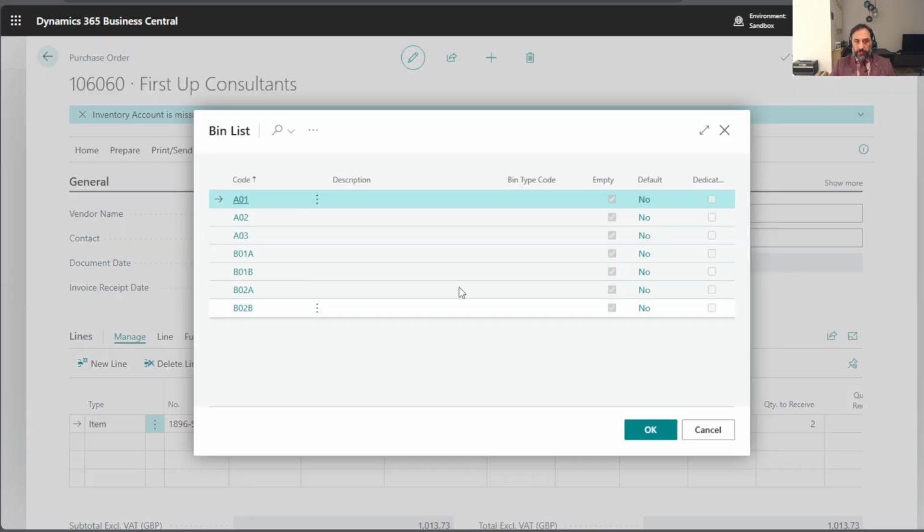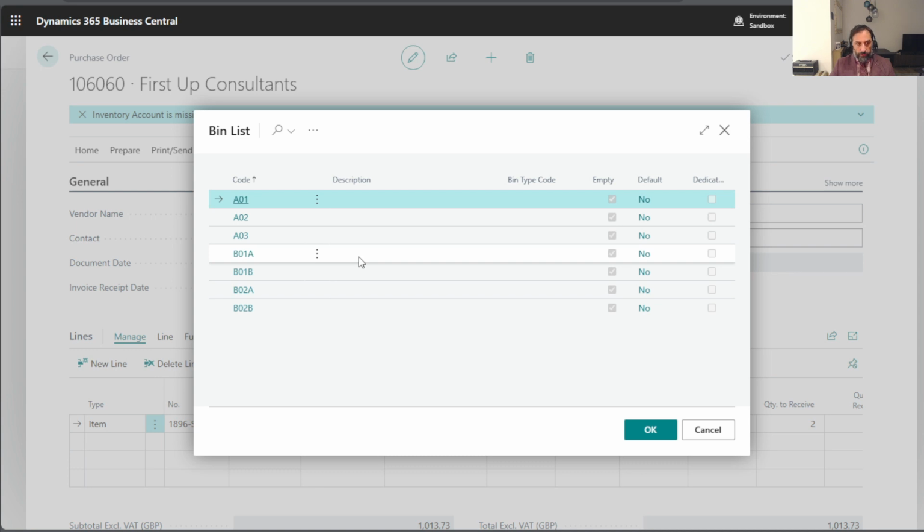Now if I click here I can choose the drop down option to choose one of the bins that I just created for this location. An interesting feature, the system tells me which one is empty, but it also tells me which one is dedicated, which is a bin dedicated to a particular demand, a particular stock. We will look at that later. And of course a description. If I want to add a description here, I can have something like aisle A rack 1, or this can be a naming convention. B01 can be room B, for example, level B, shelf 01,